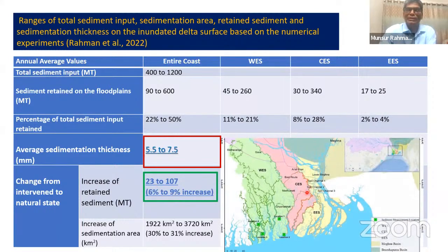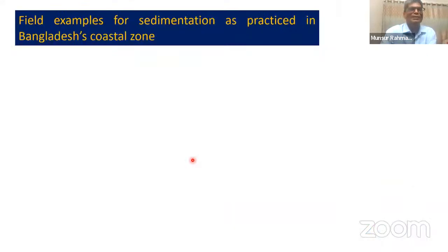And the polder, the information of the different systems like western, central, and estuarine, we can see here. And the current relative sea level rise, if it is say 5 millimeter per year, then we have the potential to offset it. The interesting point is that we have the resource, something like that. And whatever the resource we have, we can make the best utilization. So this is the information. And then the sedimentation